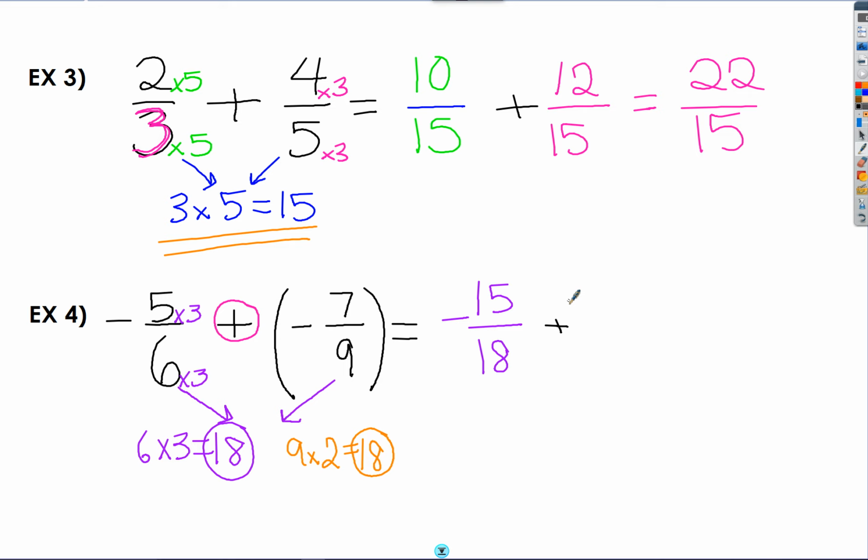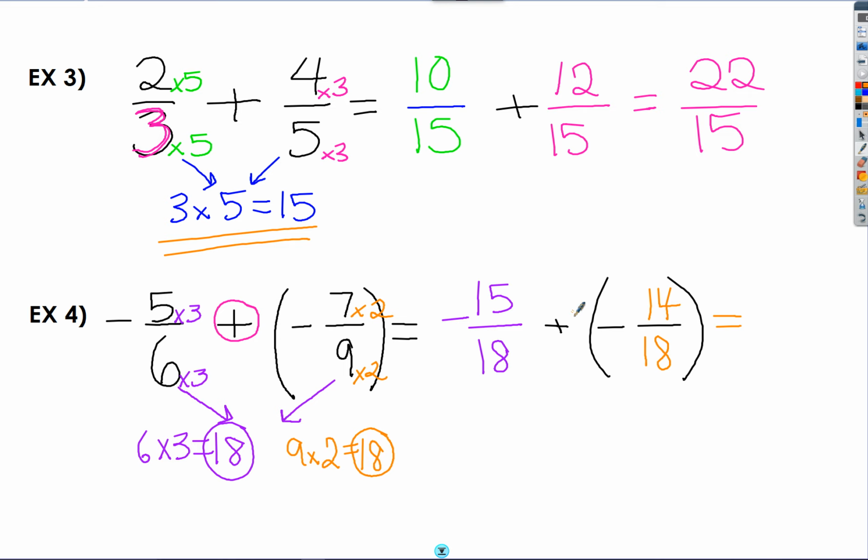Okay, and then I'm going to add a fraction, which will still be negative. I'll do that one in orange, and that one I multiplied by 2. If I multiply the denominator by 2, then I need to multiply the numerator by 2. Okay, so I end up with 14 in the numerator, and I end up with 18 in the denominator. And I want to bring back my scoreboard